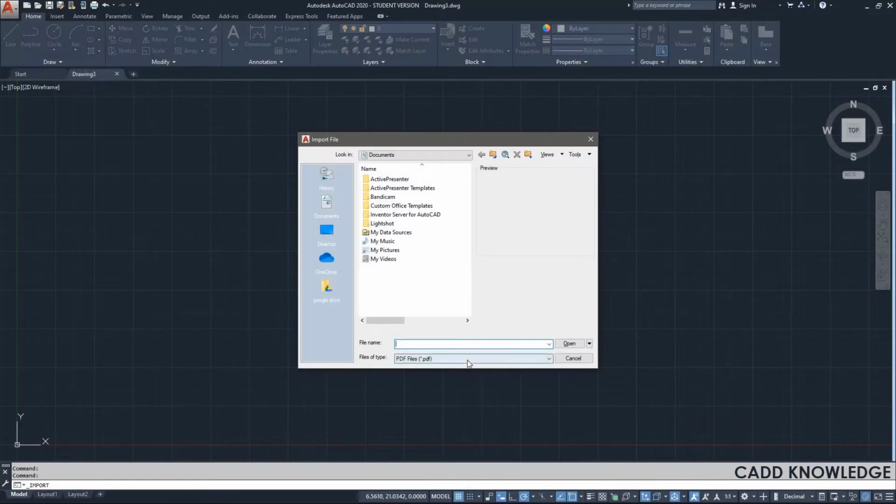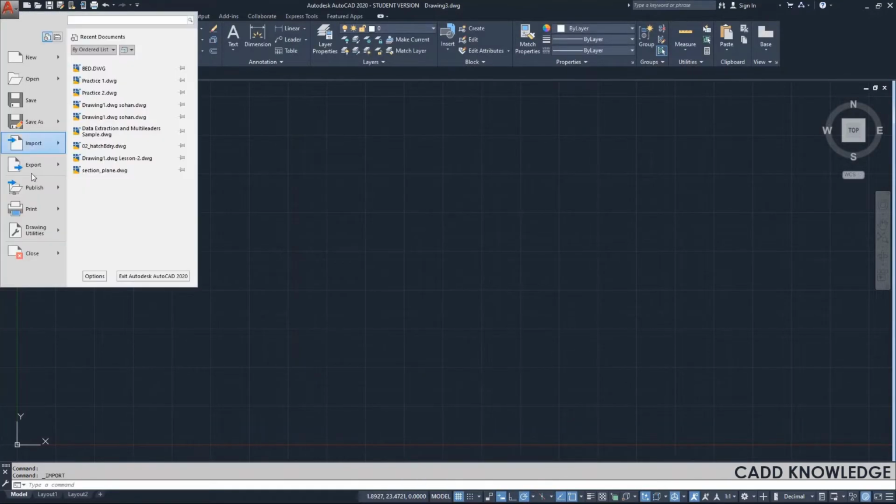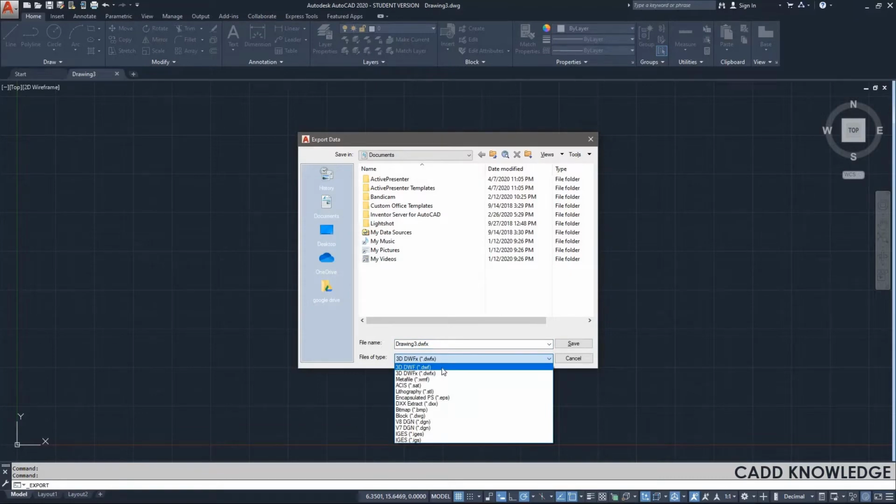So see, 3D Studio, that means 3ds Max format, ACIS, CATIA, IGS format. If you want to do analysis, then this is a very important format. Inventor format, JT, Metafile, MicroStation, NX, Parasolid, PDF files, Pro Engineering, then Rhino, SolidWorks, Step, various formats you can import. And there is also export, okay, other formats. So we can see the export formats: DWF, DWFX, SAT, STL, IGES for analysis. Okay,